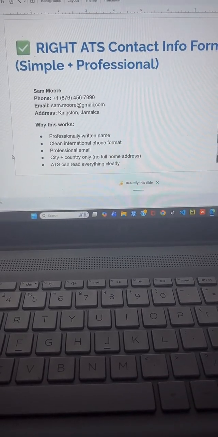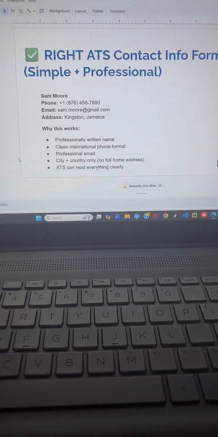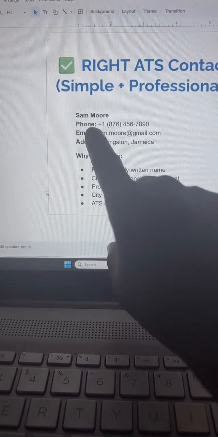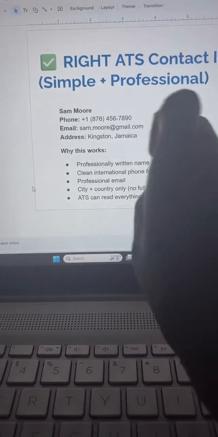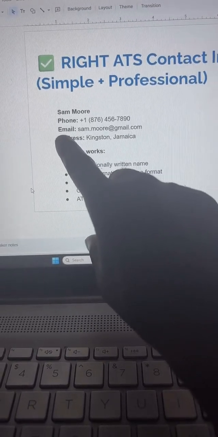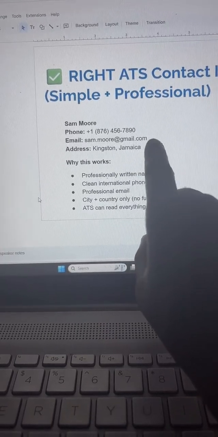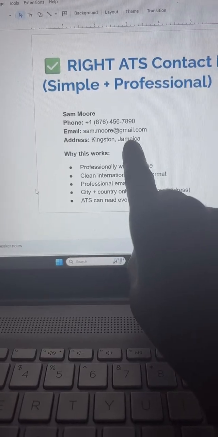Alright, so this is the right way of structuring your resume. See that you put your first name and last name, then the phone number labeled, and then you put your phone number here, then your professional email, then where you live, the city and the country.